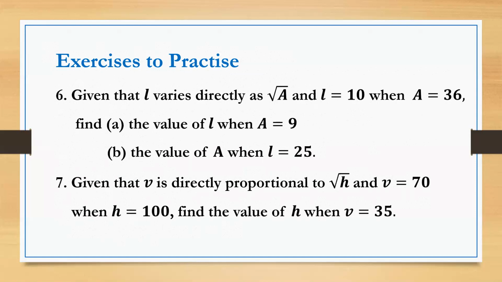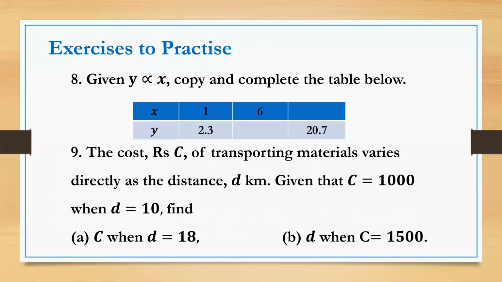Question 7, you're given that V is directly proportional to square root H and V equal to 70 when H equal to 100. And you need to find the value of H when V equal to 35. Question 8, you have to copy and complete the table given that y varies directly as x. And question 9 is slightly different